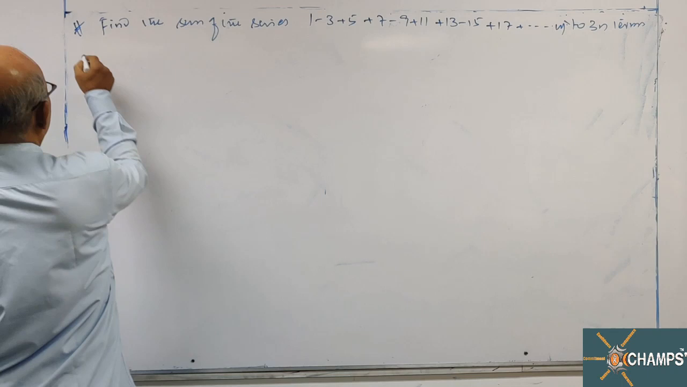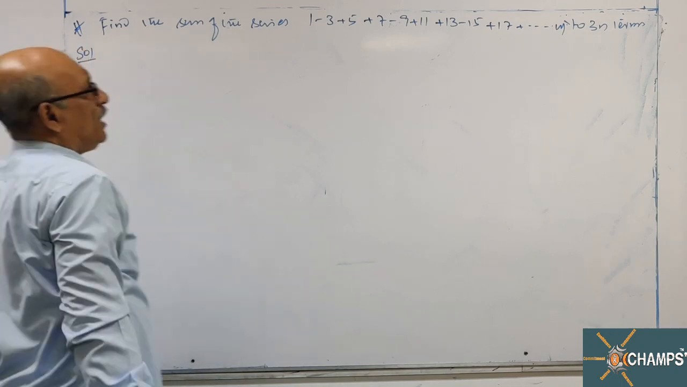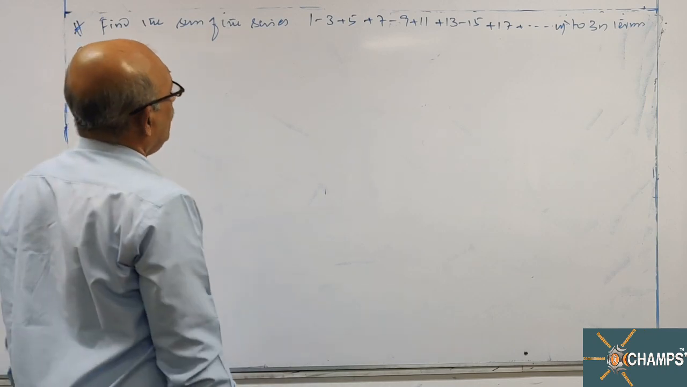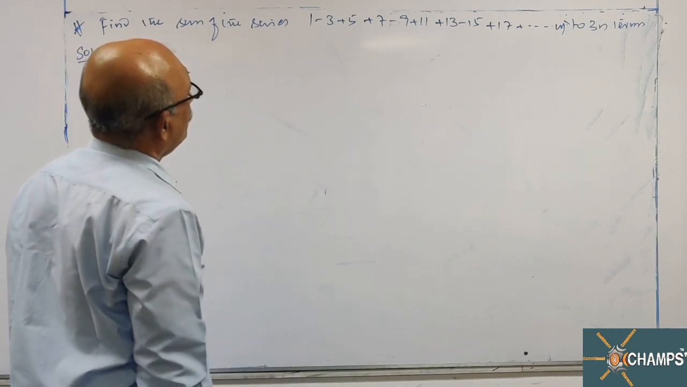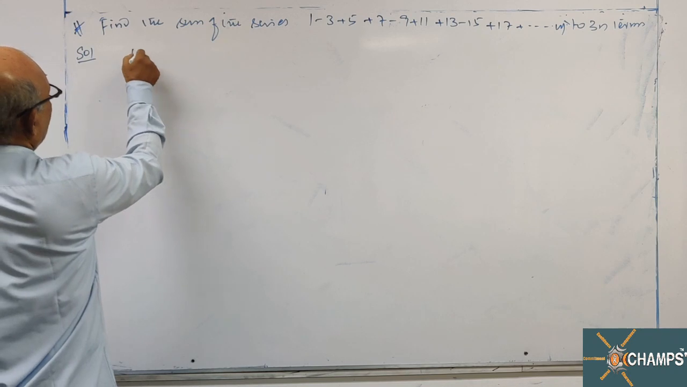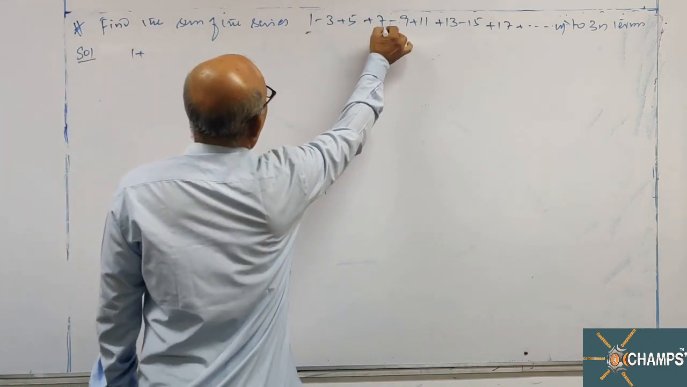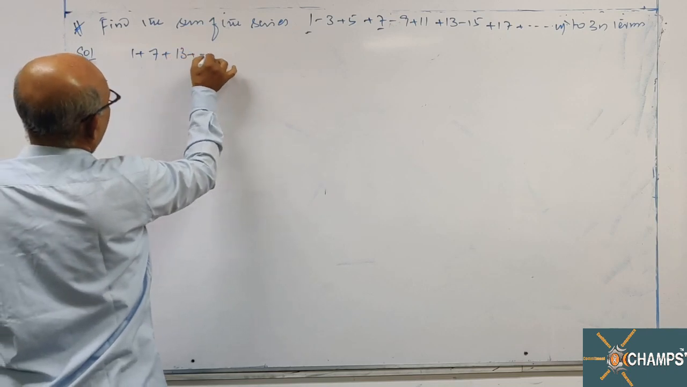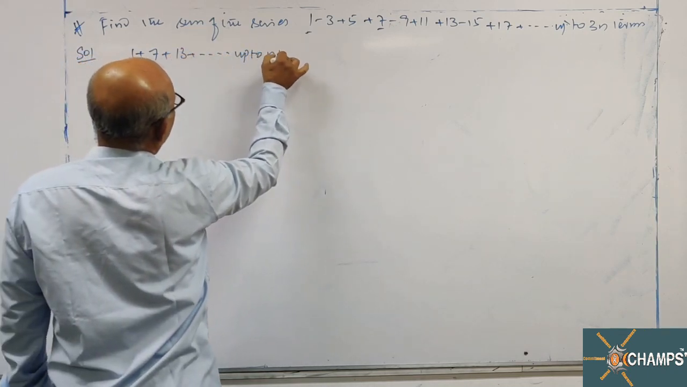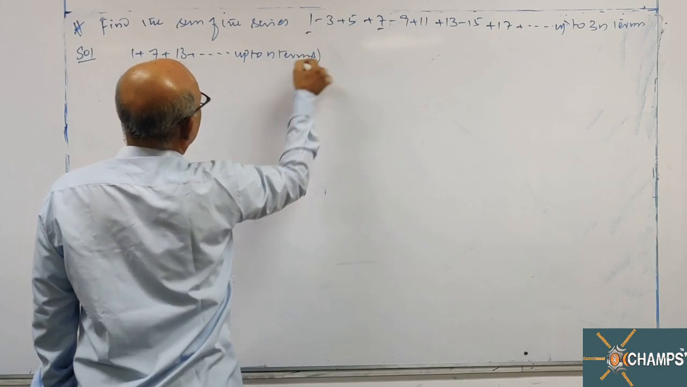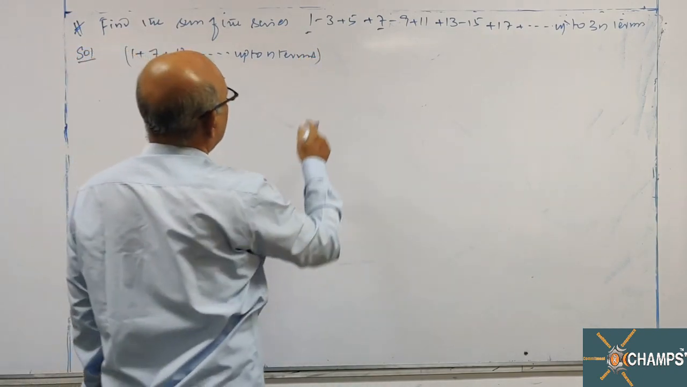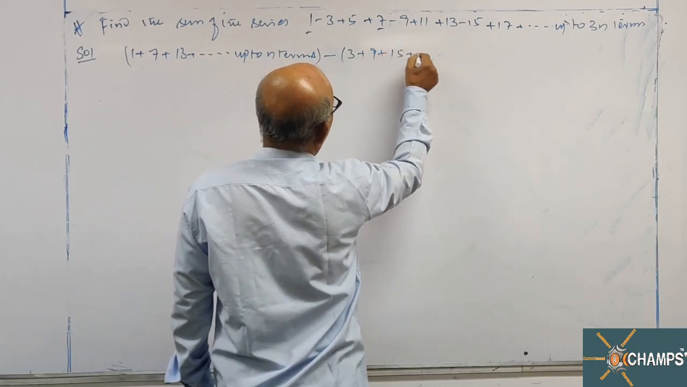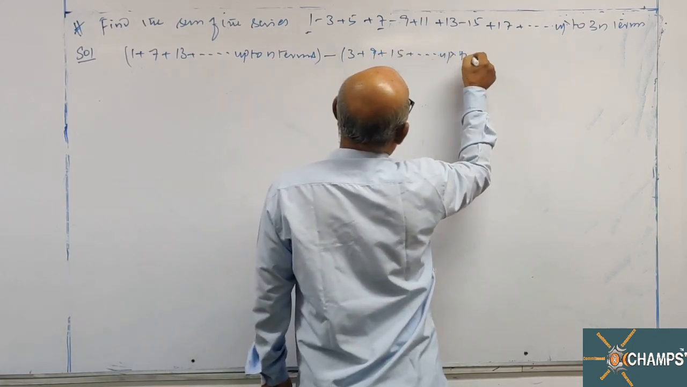This is my question. Now let us write this as 3 series. 1 plus first term, fourth term, 13 plus etc. up to n terms. It is in one bracket. Minus, I'll take common, 3 plus 9 plus 15 plus etc. up to n terms,